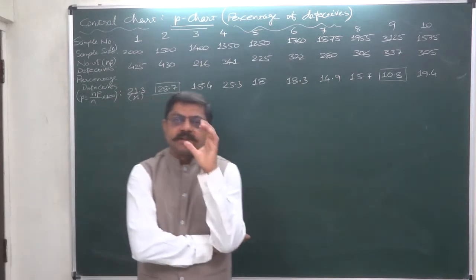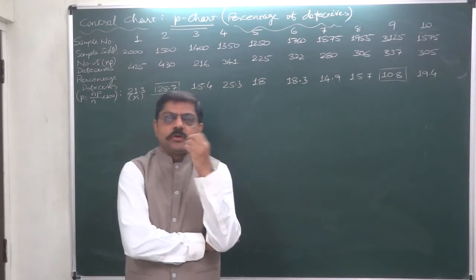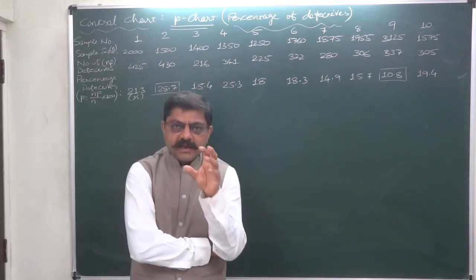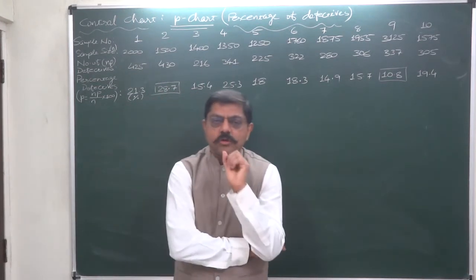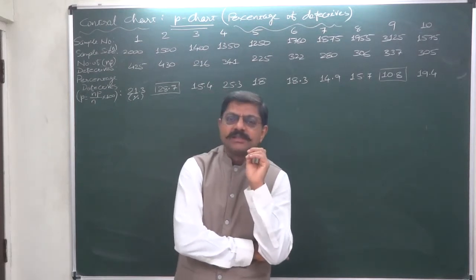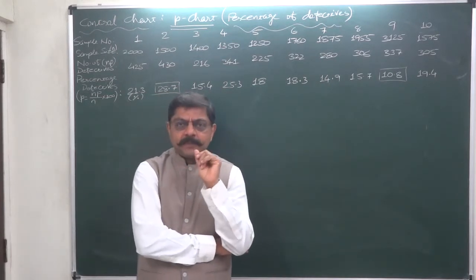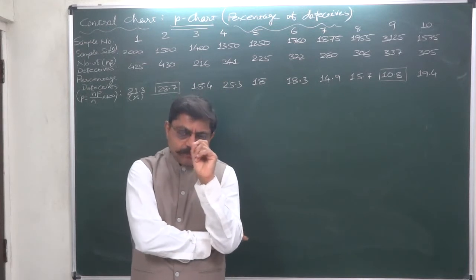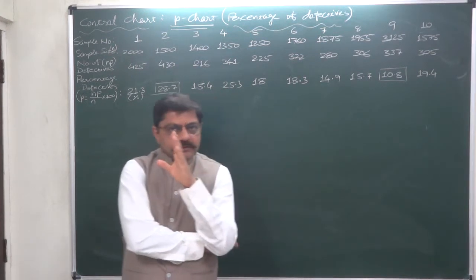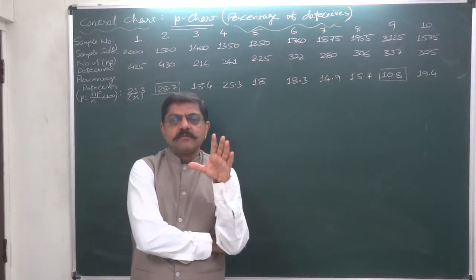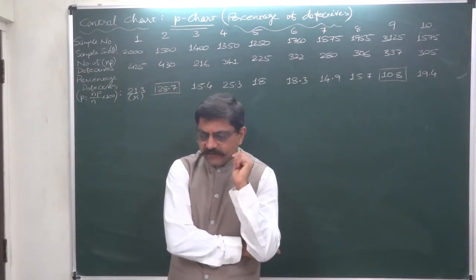Sometimes the fractions are very small. The proportion of defective units in the sample size is quite low. Therefore, plotting of the fractions or proportion on the graph paper becomes very tedious, and preparing the chart manually becomes so tedious. If we multiply the proportion by 100, we get percentage defectives. So the proportion or fractions can easily be converted into percentage and the thing becomes quite easier. That is the first thing.